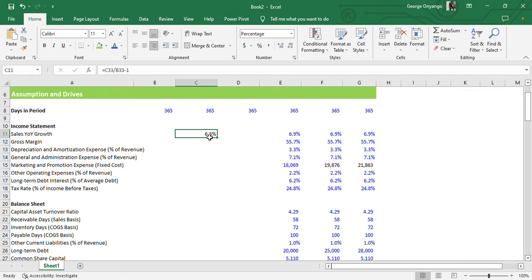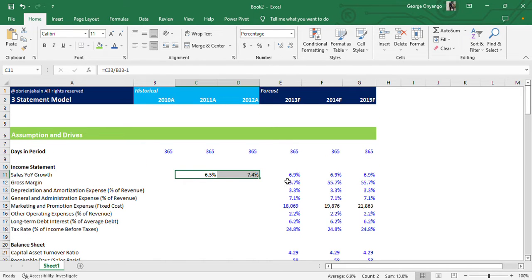So the growth for the year 2011 was 6.5. We fill that right, and the one for the year 2012 was 7.4. So as you can see, this particular company is predicting that in the next 3 years their sales will be growing by